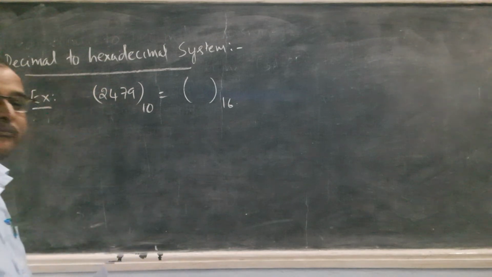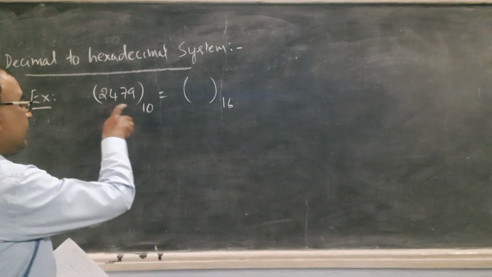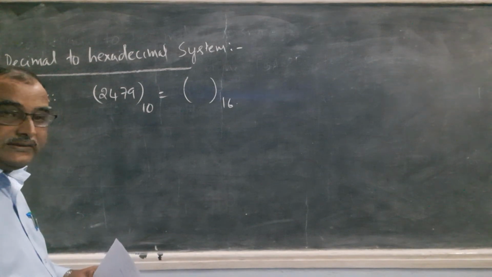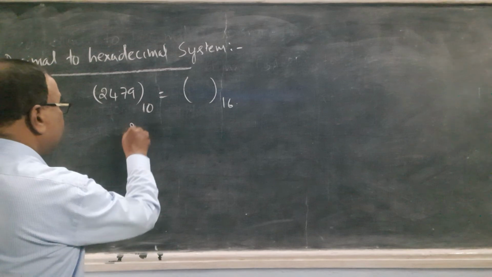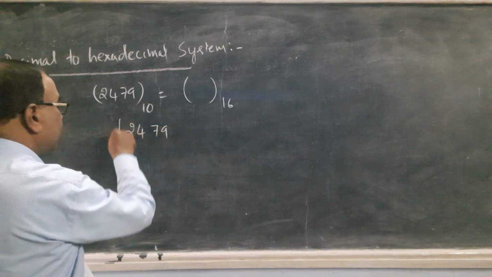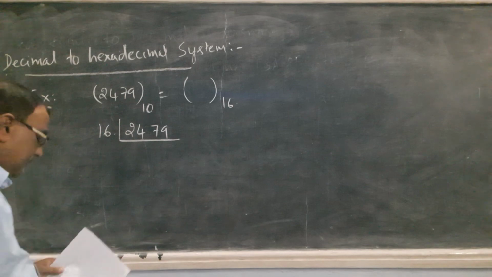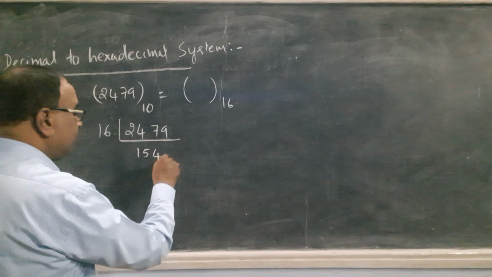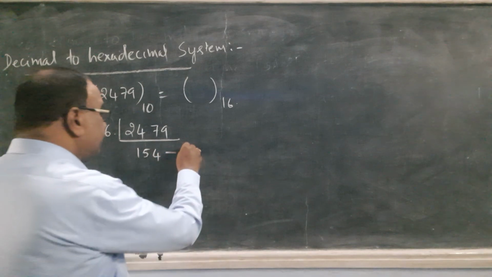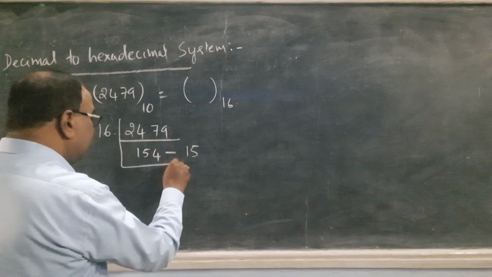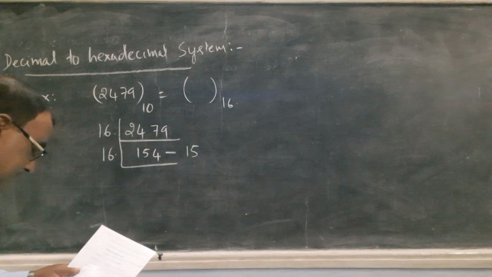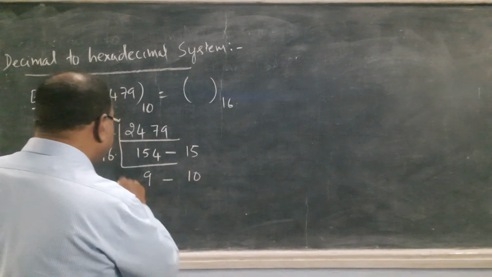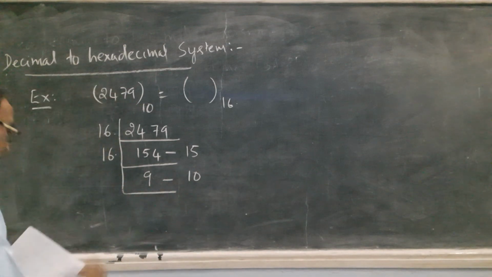Now you know that this number is divided continuously by 16. So let us do that. 2479 divided by 16 is 154 times, the remainder is 15, right? Now again divide it by 16, this is 9 times and the remainder is 10, then again divide it by